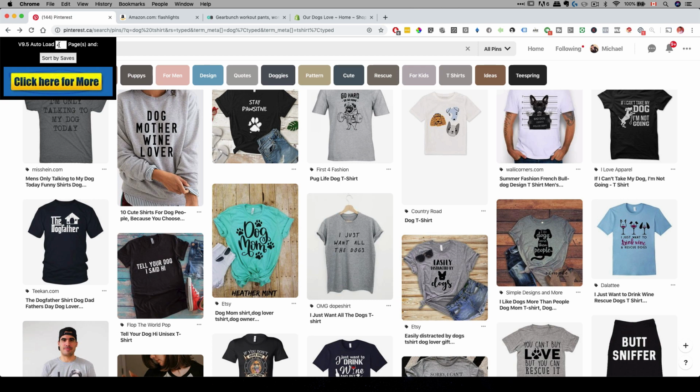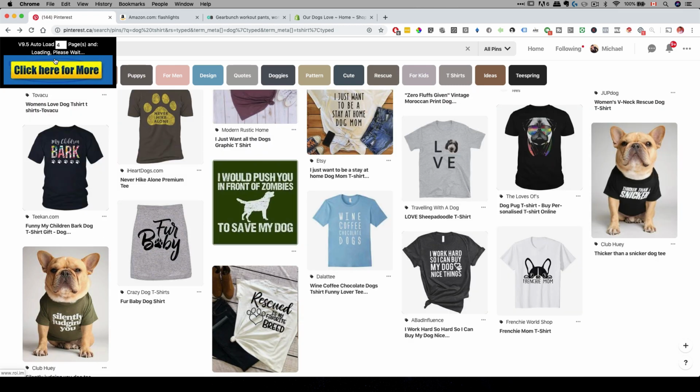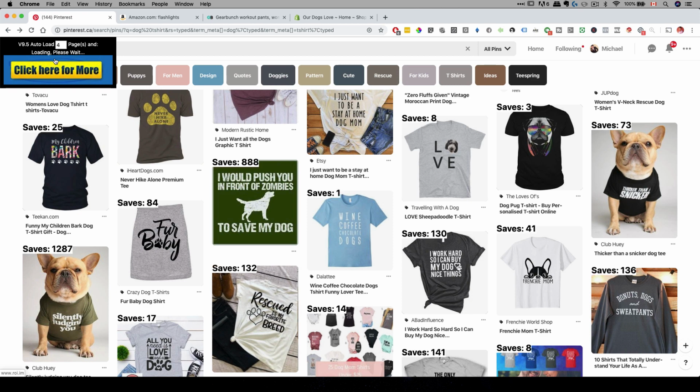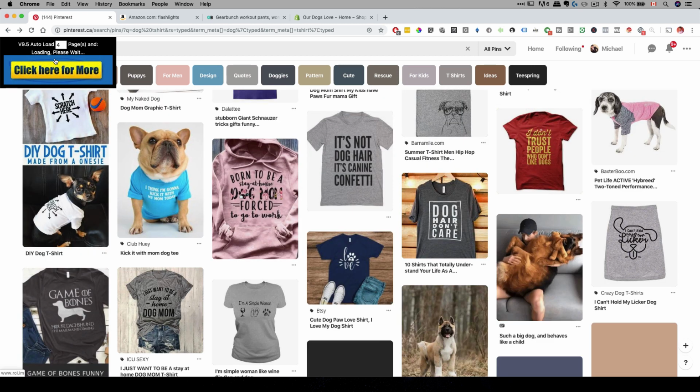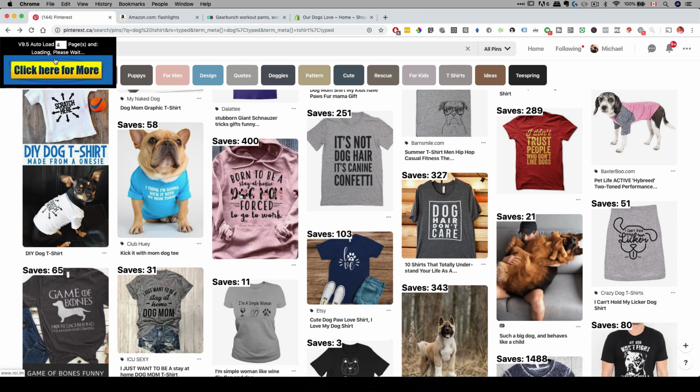Of course you can have 5 or 6 different pages if you want, but the more number you put here, the longer it will take. So for example, let's go ahead and do 4 pages and sort by saves and see what happens. So right now I'll go through that process to bring all the top saves to the top, so I don't have to go through individual pages just to find the hot designs that I want to get information from and